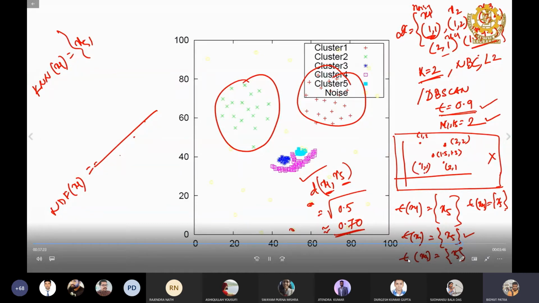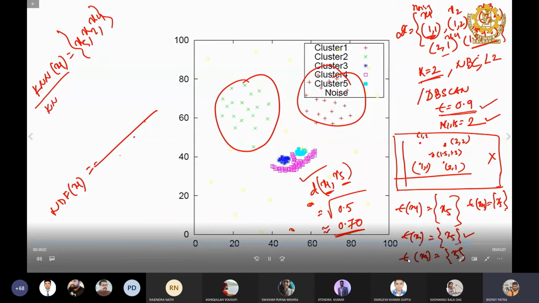Then we find the neighbors of the point 1, 1. 1, 1 is here. So its nearest neighbor will be 2, 1. 2, 1 is x4, then x5 and x1. So it will be x4, x5, x2. Similarly, you have to compute all points. x5 is this, 2, 1 is x4, and then 1, 2 is x2. So you got the KNN of x1.